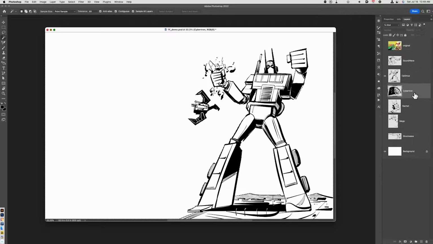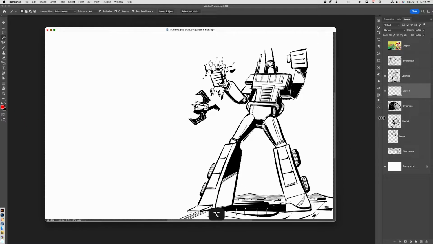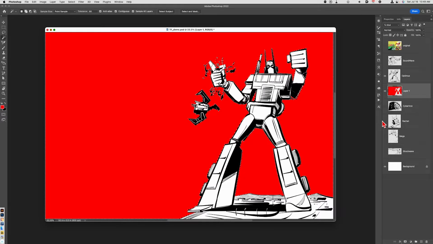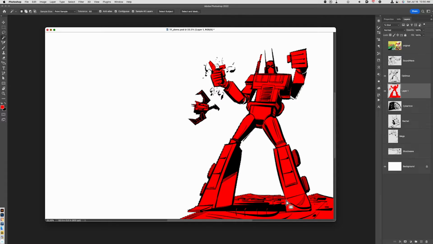Next, I'll make a brand new layer underneath Optimus. I will then select a color. I'll just choose the fire truck red, and I will fill that in. What I really want to do is fill in Optimus, so in order to do that, I need to hit Shift Command I. That inverses the selection. And if I now use my Option Delete key, you can see that it fills the entire character in. There are certain parts that are not quite filled, so I'll touch those up with my brush,